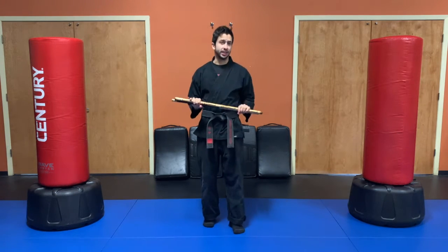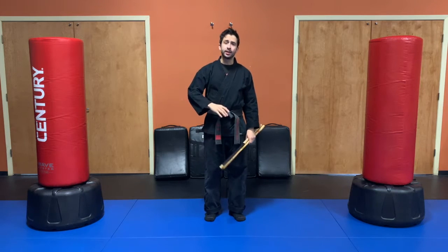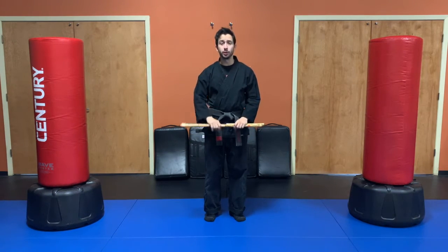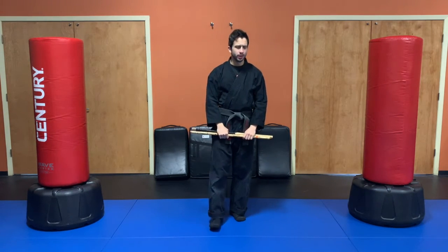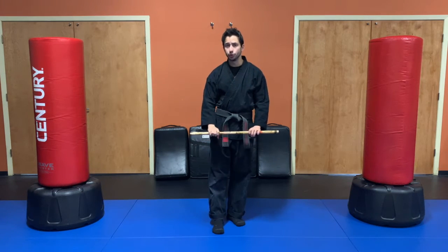If you have 1 stick and you'd rather just do some curriculum that is based off of 1 stick, then jump into the beginner and level 1 curriculum video there for their stick work. It's going to be a couple of different twirls, which actually the black belts in the school saw for the first time in a really long time. I would say probably about 2 months ago, maybe 2.5 months ago now. So that is another option if you would like to do that for tip testing, as opposed to with 2